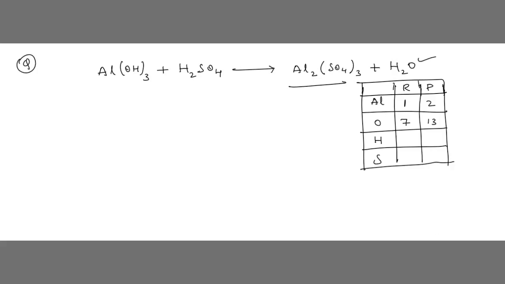Correct? Now come back to the next hydrogen. Next is what? H, hydrogen. How many H we have? 3H. Here how many H we have? 2H. Totally 5H. Got it? Come back to the RHS side. Hydrogen. We have only 2H. How many S we have? From this only 1 S.